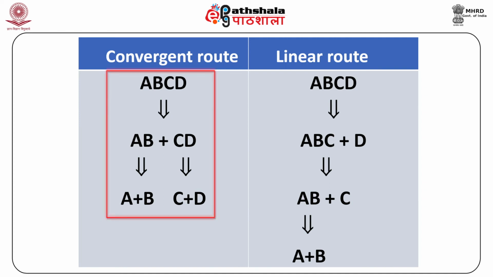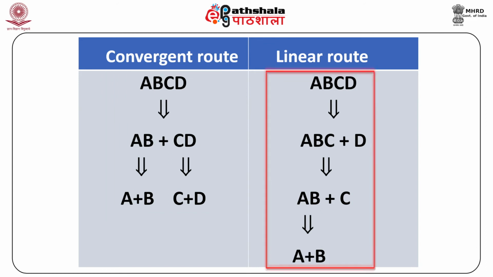Further, AB is broken into A and B and CD is broken into C and D, and that is how you are getting these corresponding synthons and further the synthetic equivalents. On the other hand, if you look at the linear route for the same molecule for the retrosynthetic analysis, then